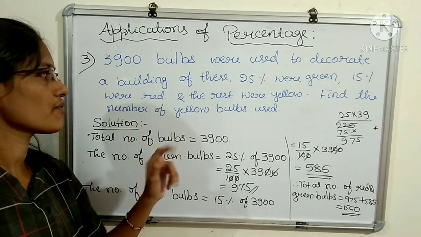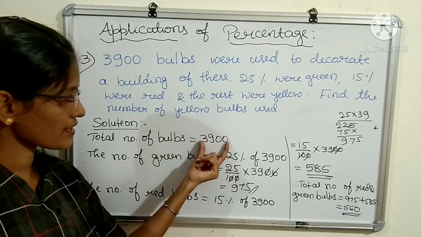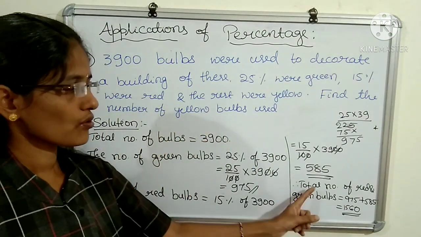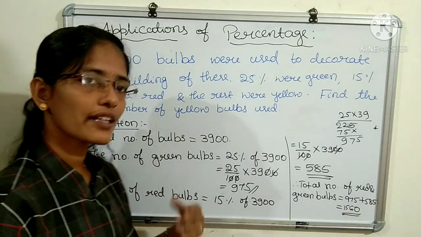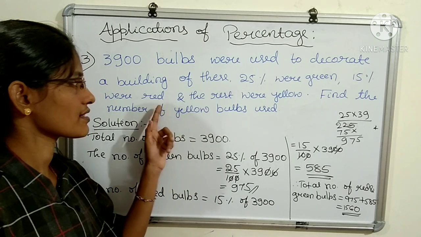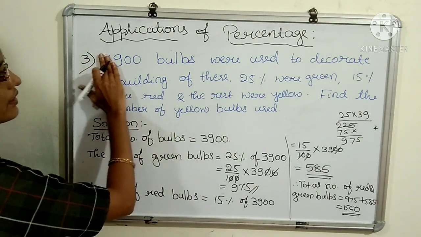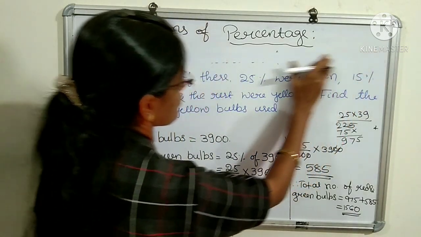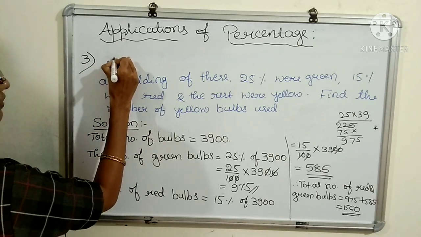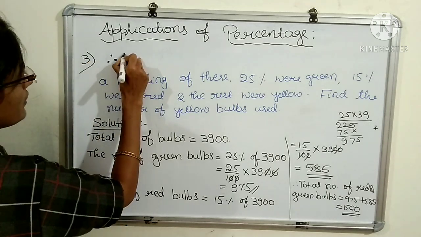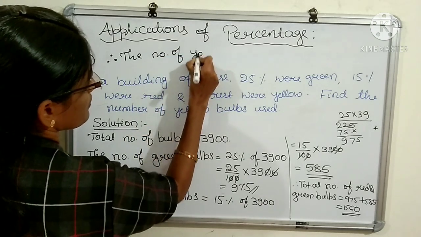Now we can easily find the number of yellow bulbs. How? Students, total number of bulbs is 3,900. In that, total number of red and green bulbs, how much? 1560. The remaining bulbs are which color, student? That is yellow color. Therefore, here I will rub this first sentence because no space here. Therefore, the number of yellow bulbs